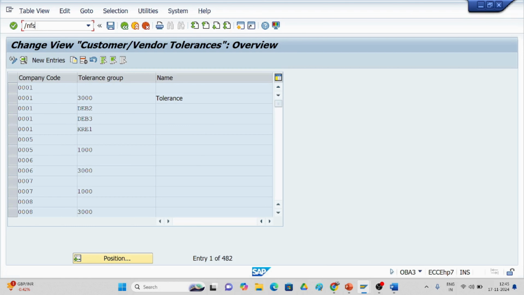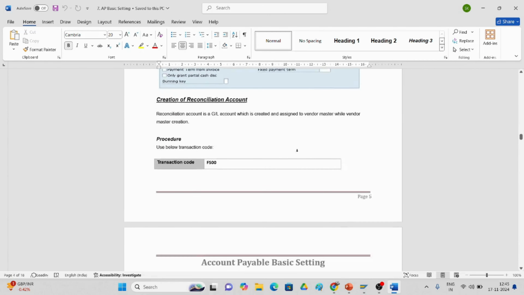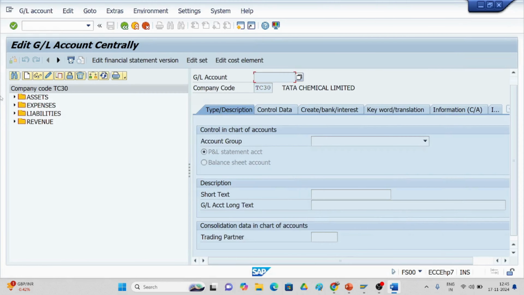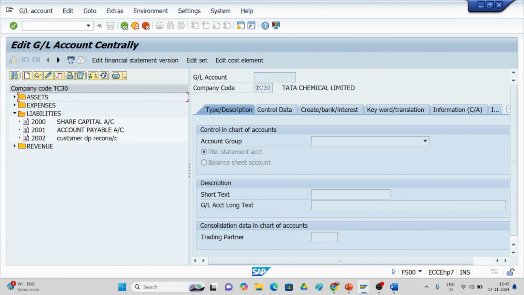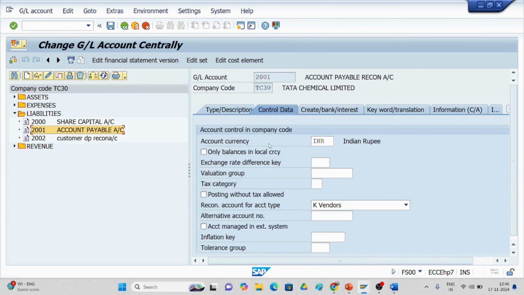Slash n FS00. You'll create under which group? Liability. Like this, you can go with the liability, and here I have created accounts payable. This is the accounts payable reconciliation account. Liabilities come under the accounts group, and it comes under the balance sheet item accounts payable, reconciliation account. Go to the control data, and you can see here the company code currency is INR,